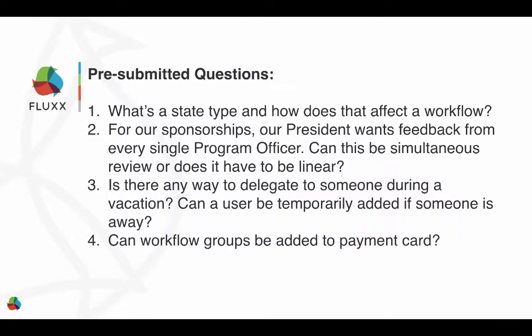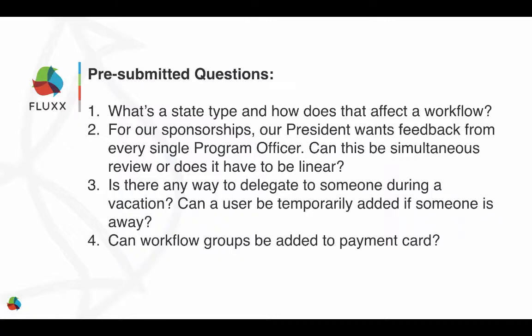Sure thing. For those folks here on the line, I'm sure you've used Flux for quite a while, and maybe for some of you who are relatively new to that, we'll just get a little bit of introduction on what a state is. As you're working with your particular application through your workflow, a state is nothing more than a point within that workflow.